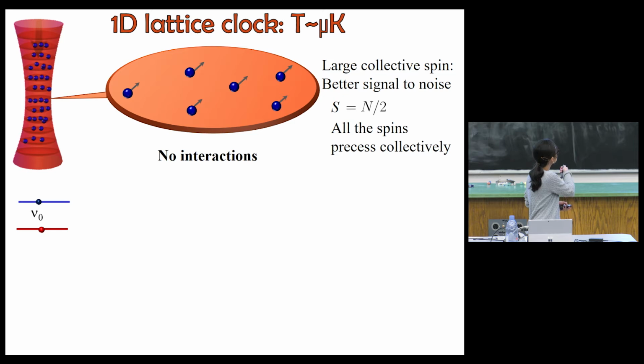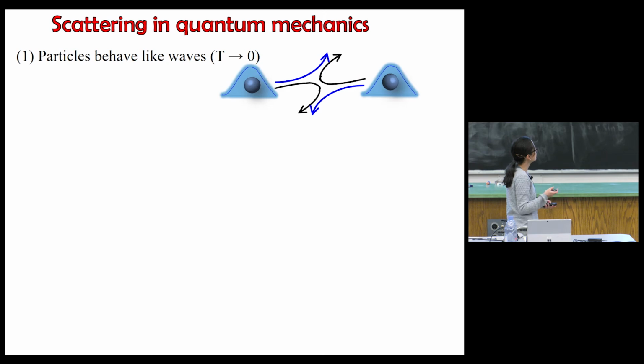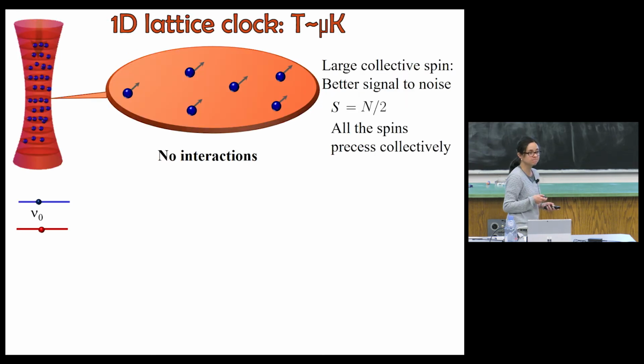So remember, the atoms are trapped, in this case, in a 1D optical lattice where they form these pancakes. So this is the optical potential. There are many particles in each of these pancakes, but they are all ticking at the same time. That's the ideal case. However, along this direction, in this pancake, the atoms can move and they can collide with